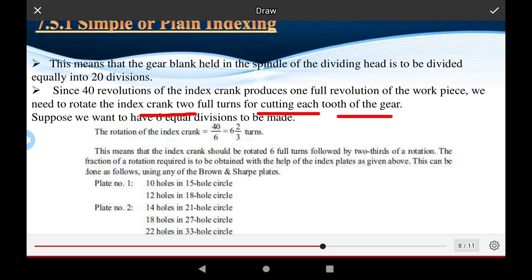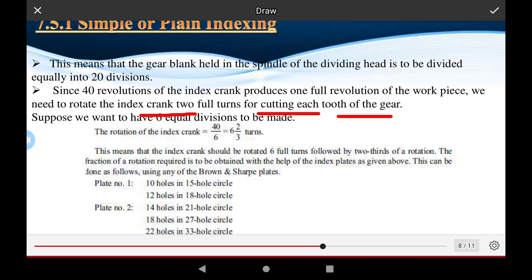Okay, and some of the devices are for cutting each tooth of the gears. Suppose we want to have equal divisions for the balancing of the workpiece, okay, and some of the other milling cutter operations, the rotations of